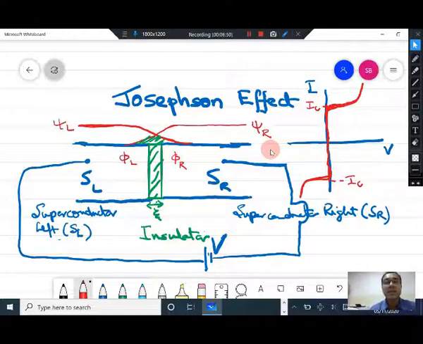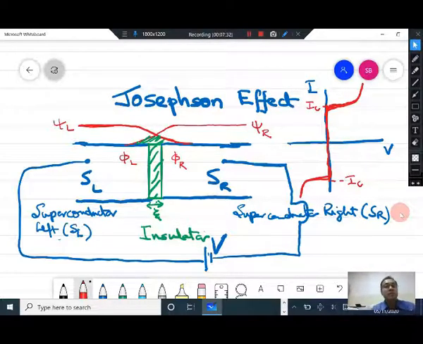But up to IC, you can send in a current through this Josephson junction without any voltage, and that is because of the Cooper pairs tunneling through. But this wave function, from left and right, they interfere, and there is a phase difference, and that controls how much current you can send across this junction. So these equations, how much current you can send through the junction, what is its dependence on the phase difference, and how the phase difference can be controlled by the voltage that you apply across the junction, these are given by the Josephson relations associated with the Josephson effect, and that is what we will try and derive.